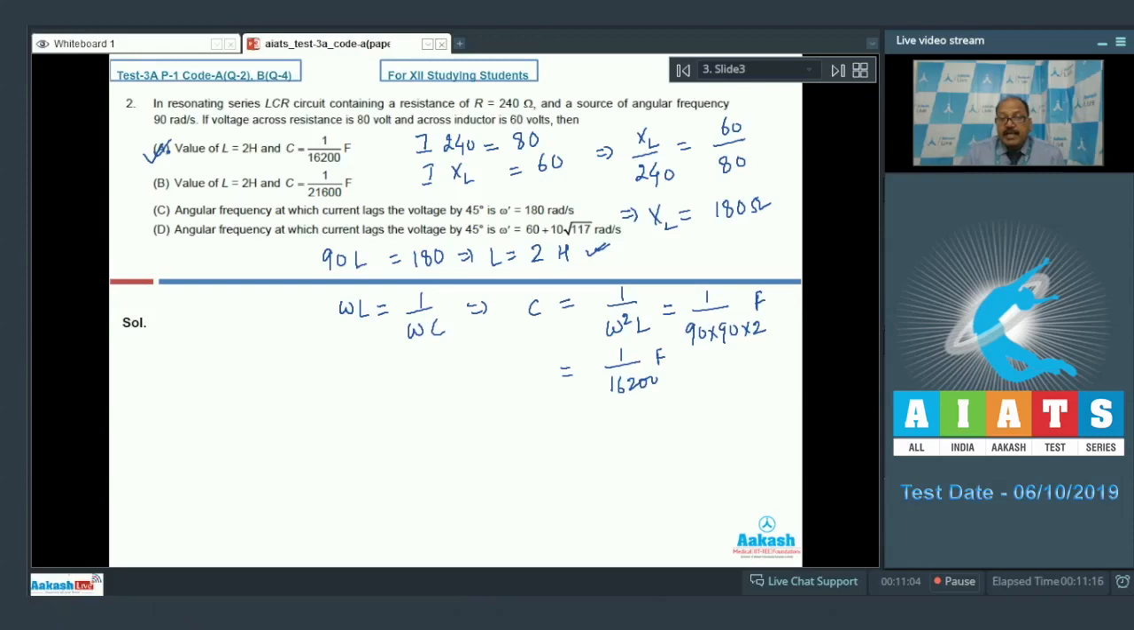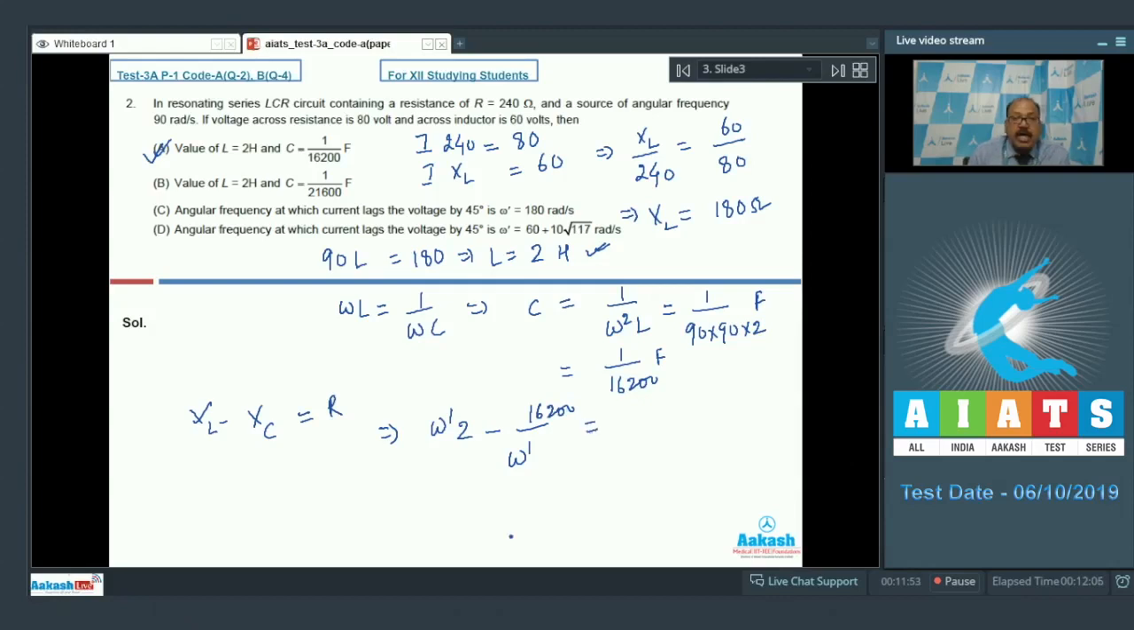The angular frequency at which current lags behind the voltage by 45 degree. Okay, so if the current has to lag behind the voltage, it means that the inductive reactance is greater than the capacitive reactance, and since the phase difference is 45 degree, it means XL minus XC is equal to R, which means, again further solving, XL will be omega dash into L, which is 2, minus 1 upon omega dash into C. So C is 1 upon 16,200, so that means here it is 16,200